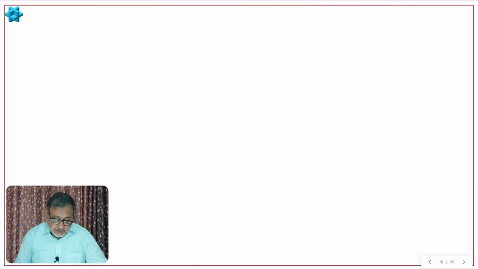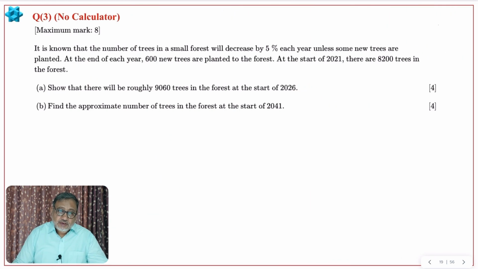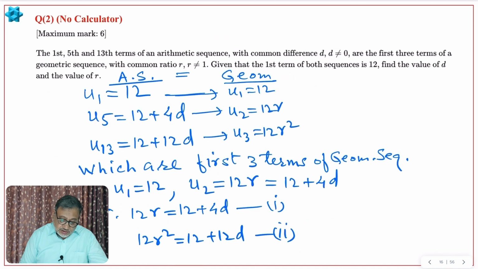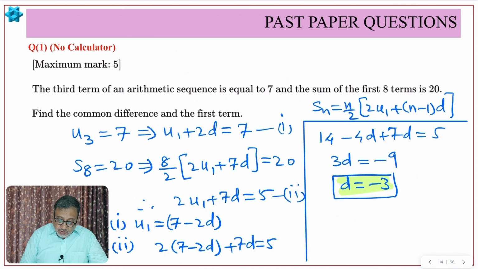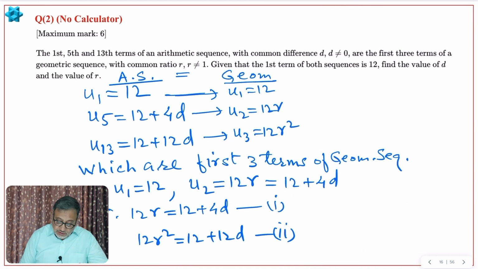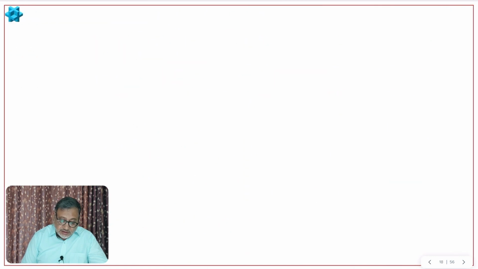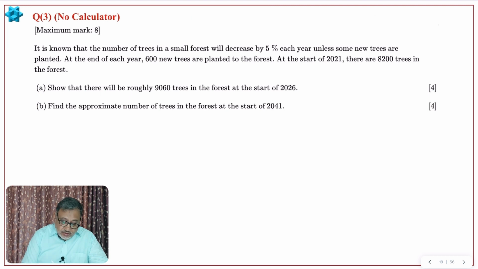I will delete this extra page. Okay, now the next question says, see, this is no calculator. This was also no calculator, but you need some calculation, of course. No calculator means you have to show your complete working. You cannot say using GDC and all. So now the next question says, it is known that the number of trees in a small forest will decrease